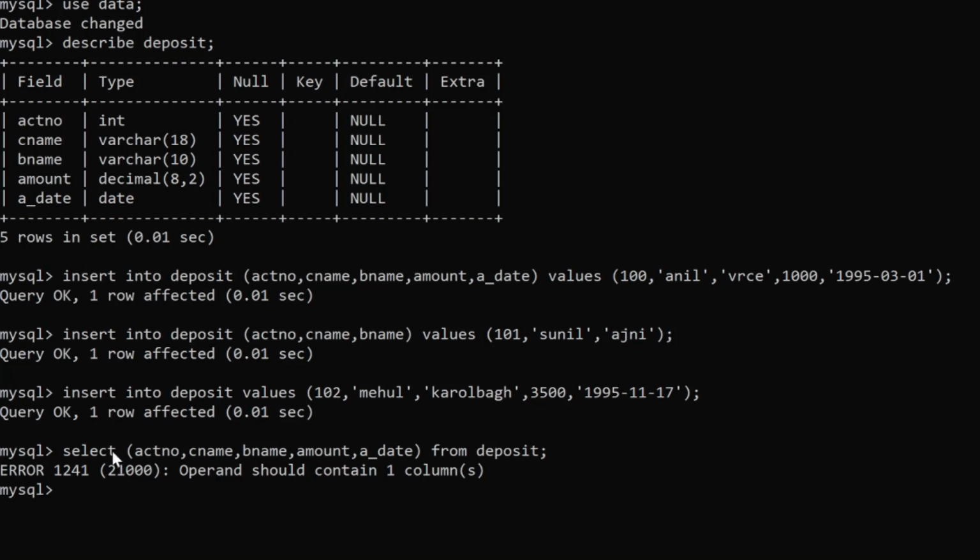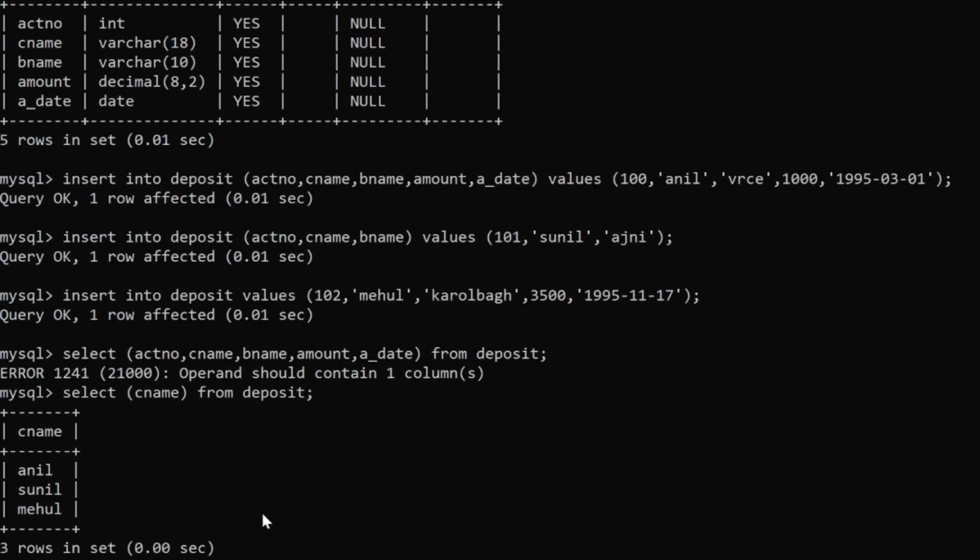Means if you want only the value of one column, then and only then this syntax will be used. So suppose I want the information of C name. Here you can see that the information which we have inserted in CNAME is shown.